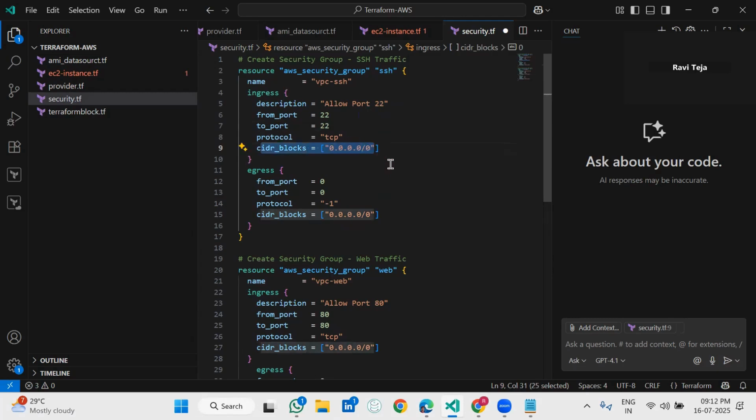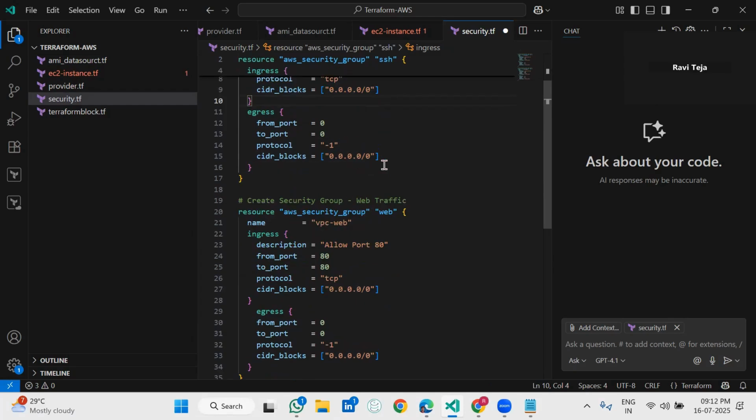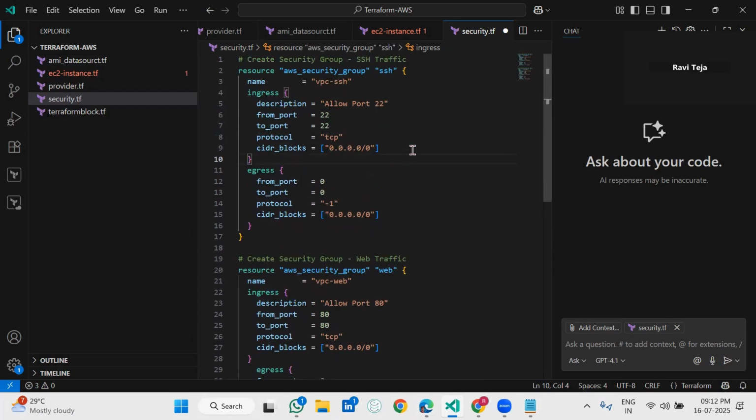CIDR means all traffic, and egress means it comes under the outgoing traffic. From port is 0, to port is 0. Protocol -1 means any traffic from the instance outgoing, any traffic is going out from the instance. Okay, -1 means any traffic like TCP, UDP, ICMP. These are the things that go out from the instance. This comes under creating port 22 SSH,